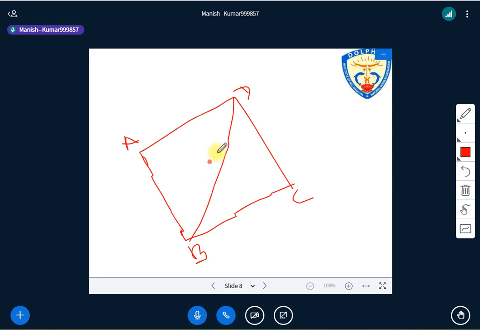In the triangulation I have explained this. Again I am repeating, listen carefully: a well conditioned triangle means no angle should be less than 30 degrees and not greater than 120 degrees. When you are doing triangulation practice, the triangle should be well conditioned. What is the meaning of well conditioned? It means that no angle should be less than 30 degrees or more than 120 degrees. If it is less or more, it is not well conditioned.